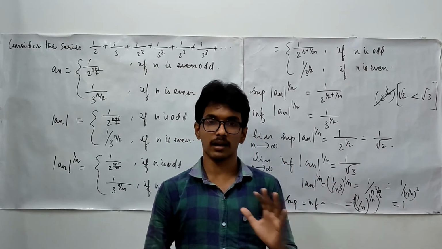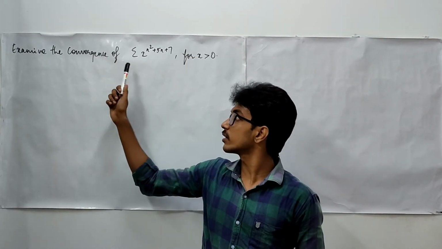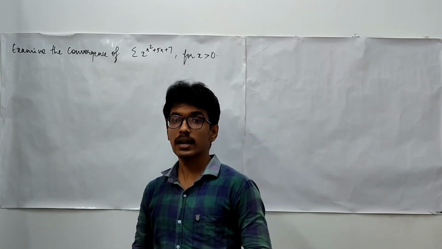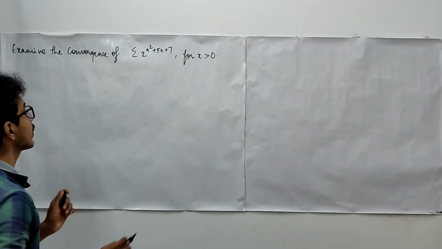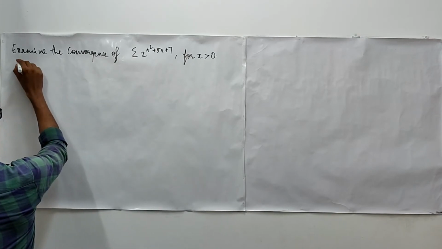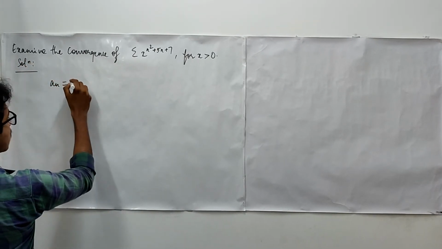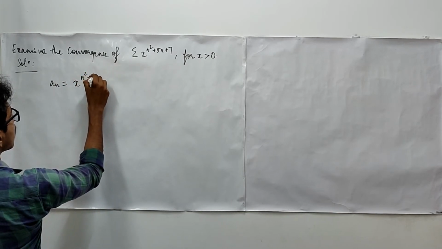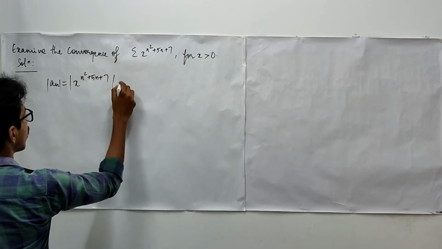Now let us see another problem. In this problem, we are asked to examine the convergence of the series summation x power n square plus 5n plus 7. Now, let us find the nth term, that is x power n square plus 5n plus 7. It is directly given, and the absolute value of this is going to be the same thing,